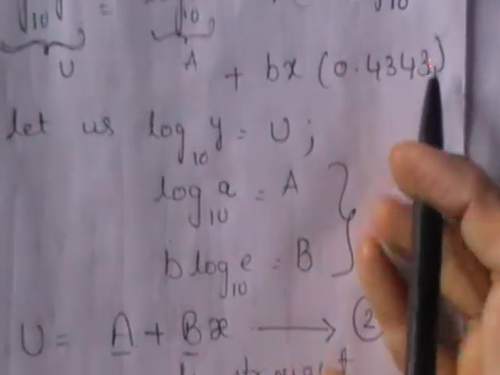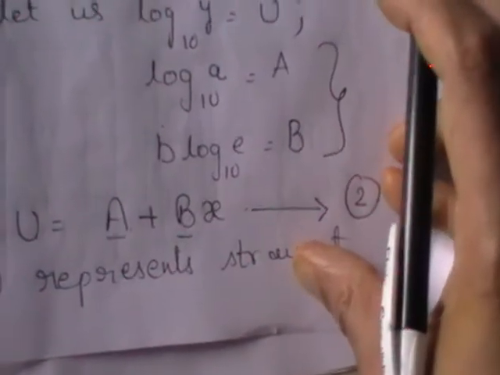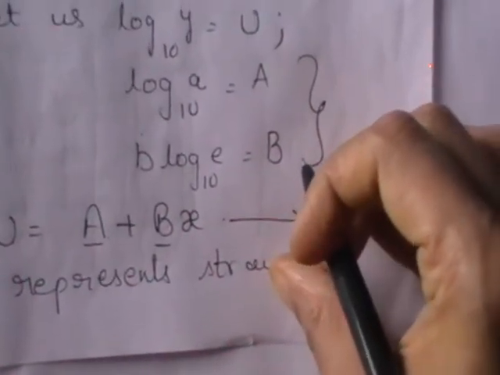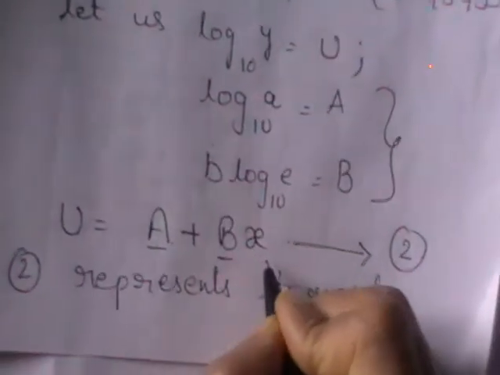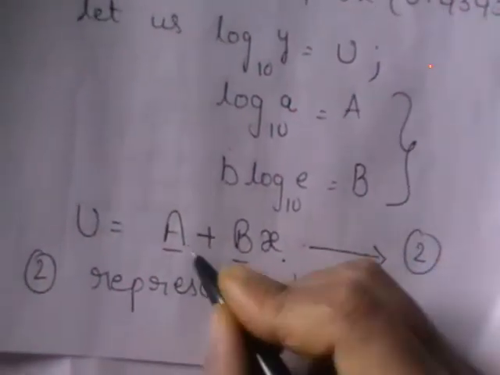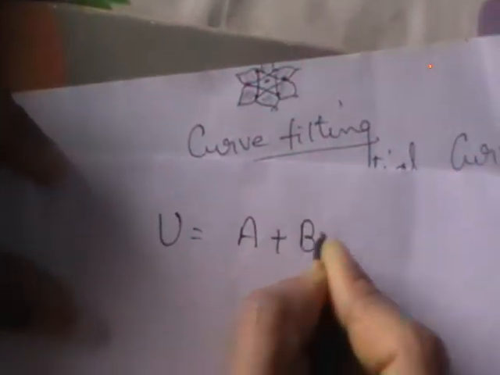First we have converted into linear form. In that linear form, instead of small a, b, we have defined new alphabets capital A comma capital B. So you can apply PLI to this. You can find out capital A comma capital B. To find out small a comma small b, we make use of this. So what is the new form we got from the nonlinear? U is equal to a plus bx.